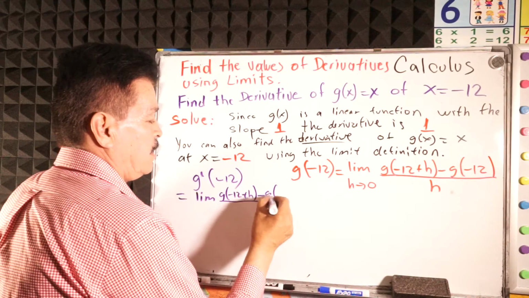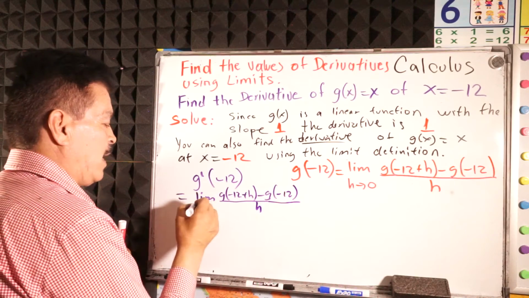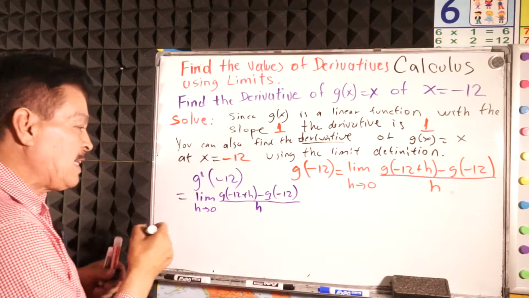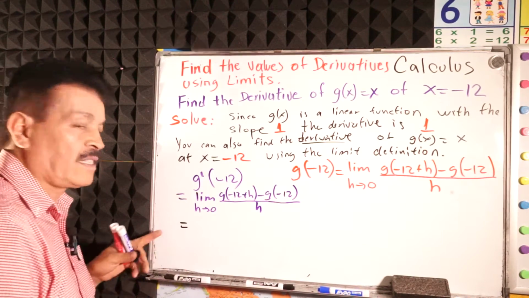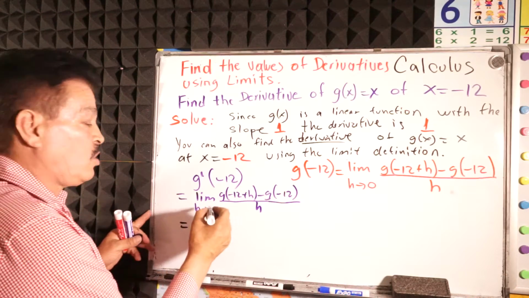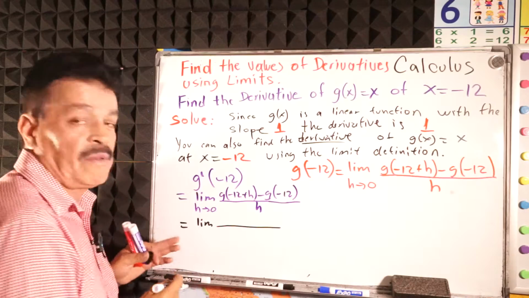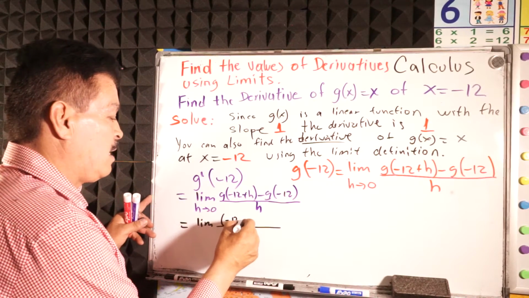Close the parenthesis, so it's -12 here, 2 divided by h when h approaches 0. See? So next step, just try to simplify here. Next step will be equals here, limit again. Now simplify here, we are going to have a -12